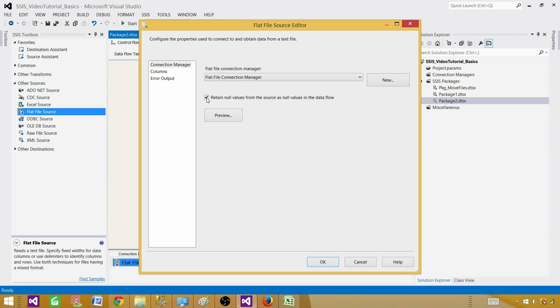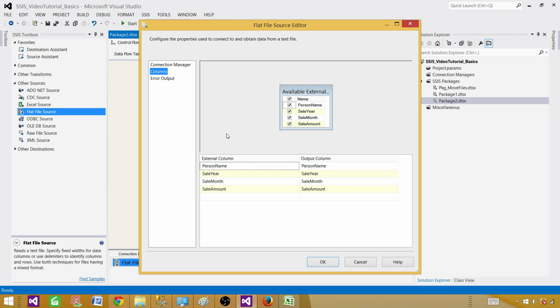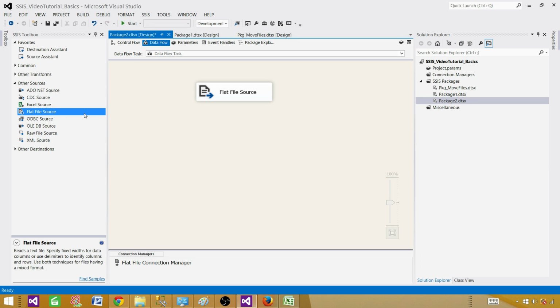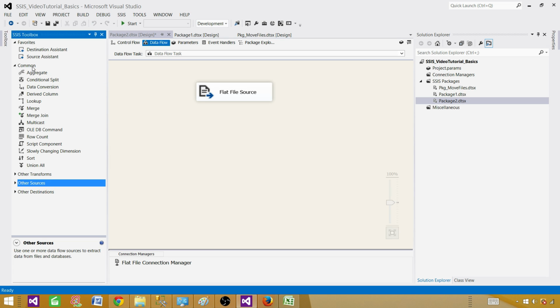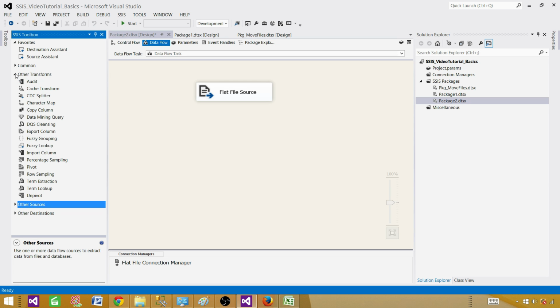Retain null values from the source as null values in the data flow. If we are getting some blank values and we want to convert them to null, this is where we are going to use it. Now go to columns, everything looks good. Bring the pivot transformation. Under the common transformations, you would not see the pivot transformation, so we have to bring it